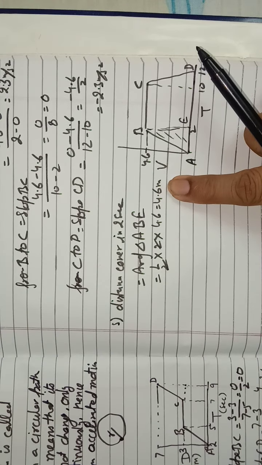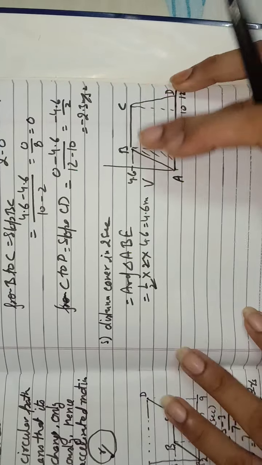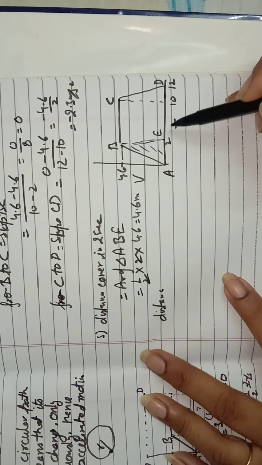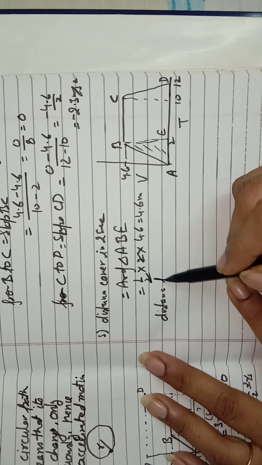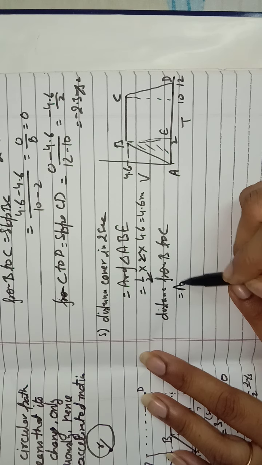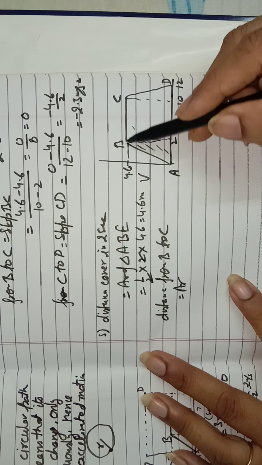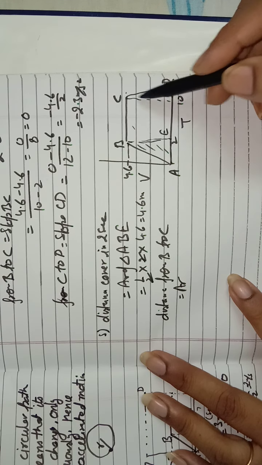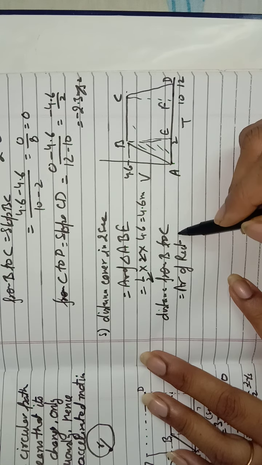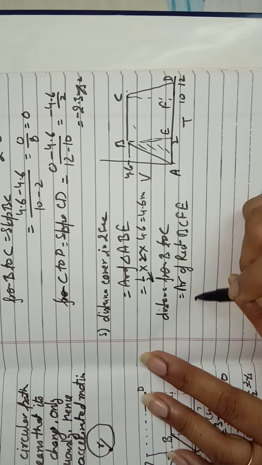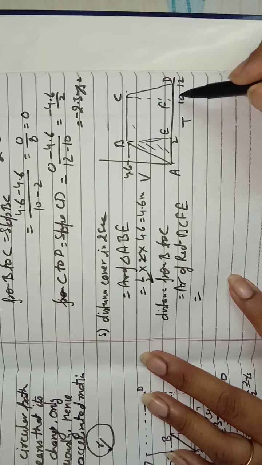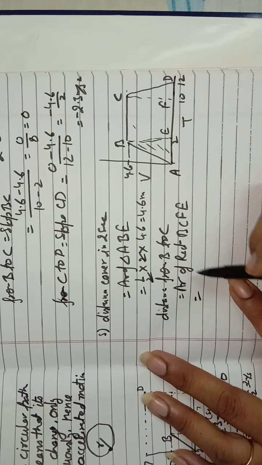So 4.6 meter. Or if you want to find the distance from B to C, the distance covered in the next 8 seconds, you have to find the area of this rectangle, the area covered by this line with the x-axis. This is the area of rectangle BCFE. Area of a rectangle is equal to length multiplied by breadth. So how much is the length? It is 10 minus 2, that is 8. This is the length of the rectangle.